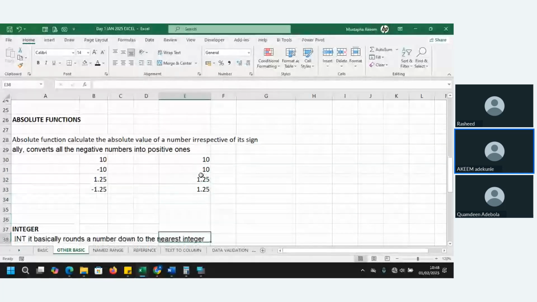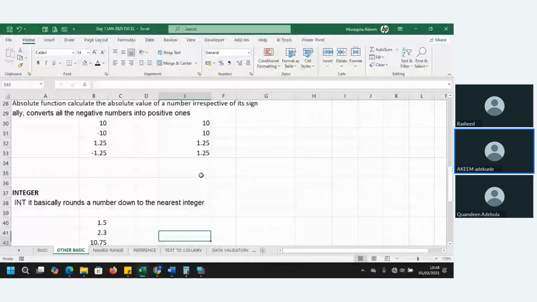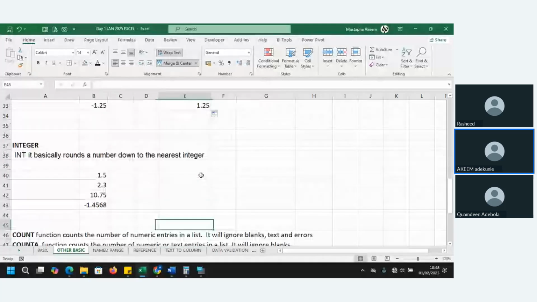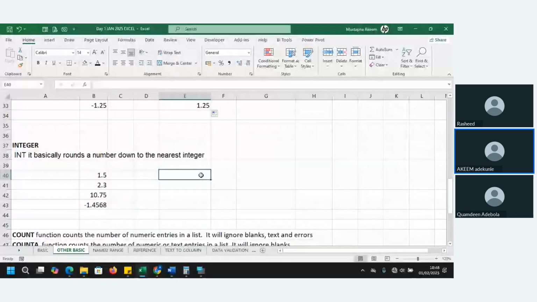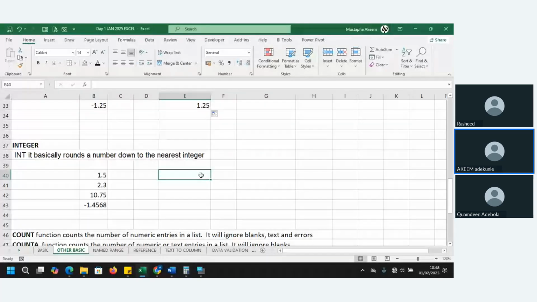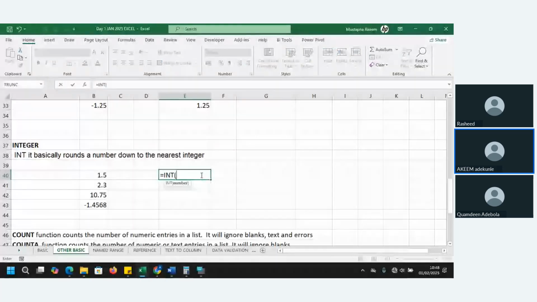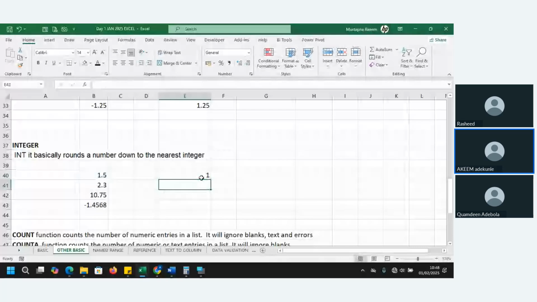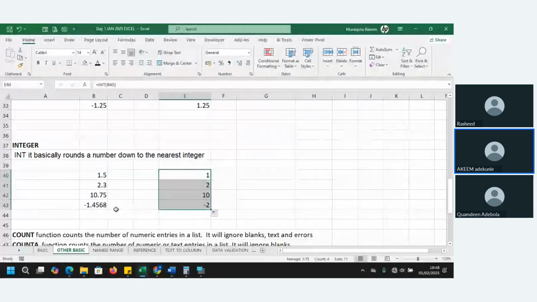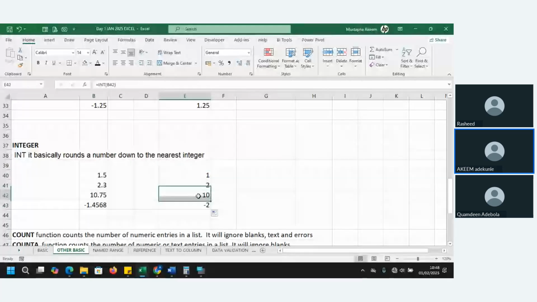Then we have integer. It rounds the number down to the nearest integer. The INT function: equals INT, open the bracket, and it goes back to the nearest integer. So the nearest integer is 10, not the regular round up or round down.